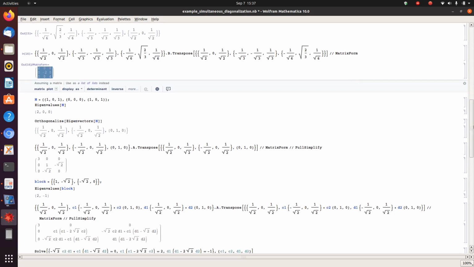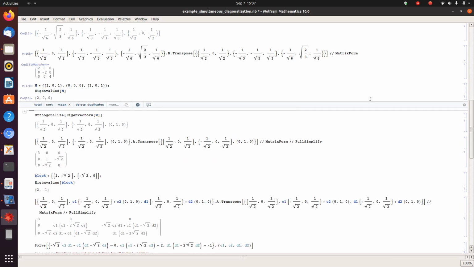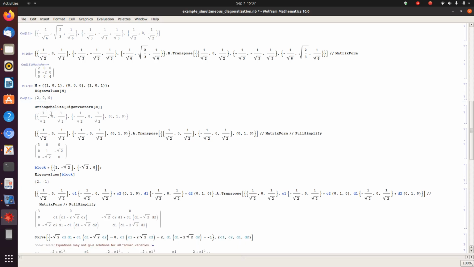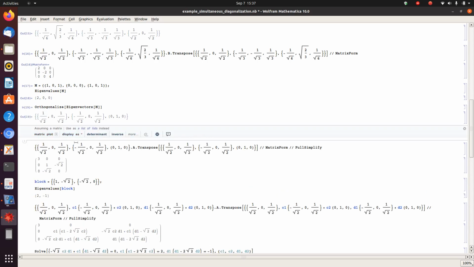Now, let us take another example in which, instead of the matrix B, I work with another matrix M. This example is from Shankar's book. I take a matrix M whose eigenvalues are degenerate. So, it is 2, 0, 0. It is a two-fold degeneracy, and what do I expect in this case? This degeneracy will cause some problem. Let us see what the problem is. Here are the eigenvectors of M. Now, similarly, I compute M dagger, taking this eigenvector.